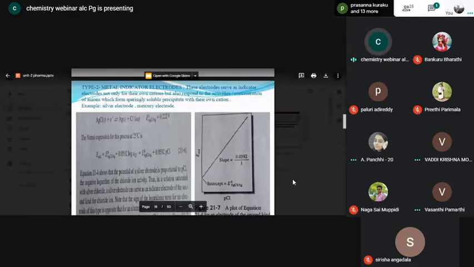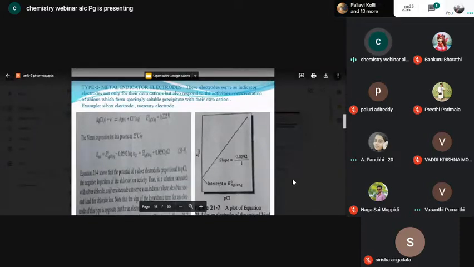Now we are going to add one more 1 ml of KCl. So 1 ml of KCl contains how many chloride ions? 10 chloride ions are present. Now these 10 chloride ions are going to interact with 10 silver ions, and finally you are going to get 10 AgCl units. So how many Ag plus ions are left over there? 81. That is what I'm telling you. 81 units of Ag plus is present.